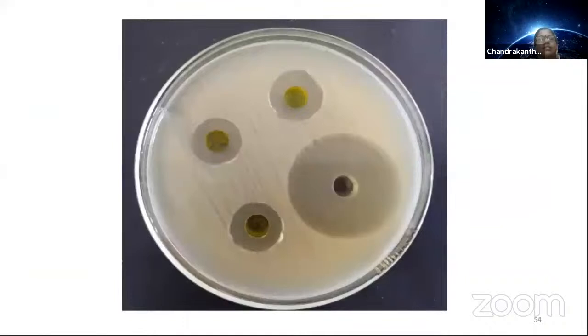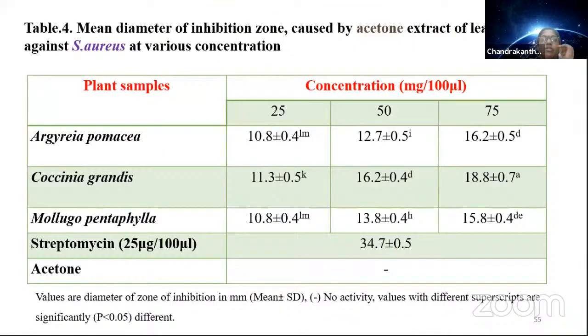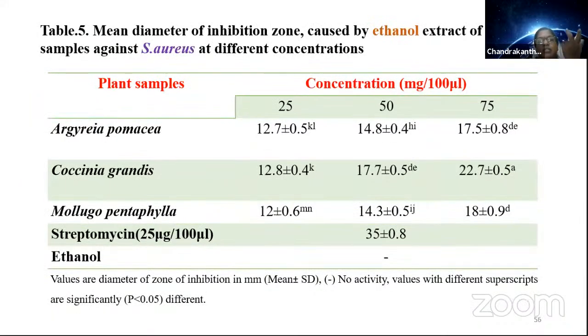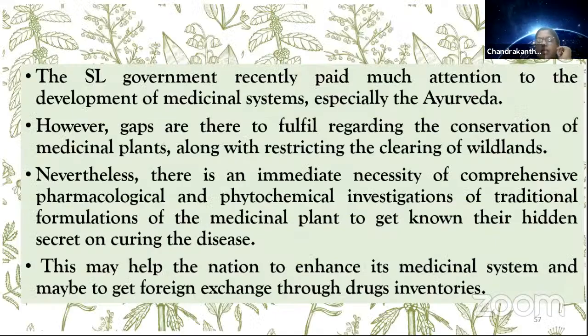So some of the results I am giving here. This is the well diffusion method and checking the antibacterial activity. This is how we get the diameter of the colony, etc. You all are well aware of these methods and methodologies. So finally, before concluding, I just want to say